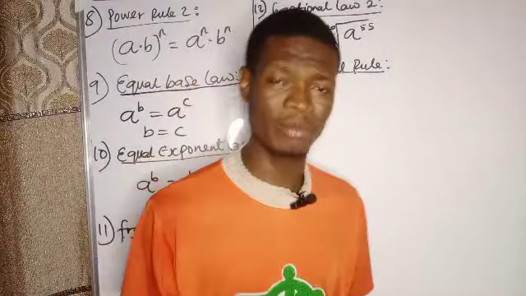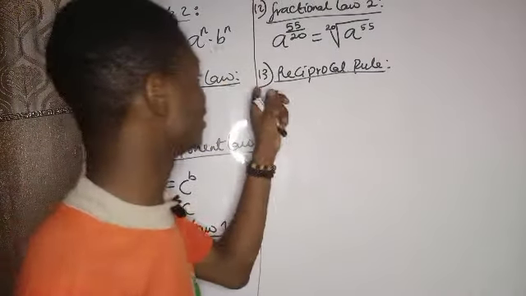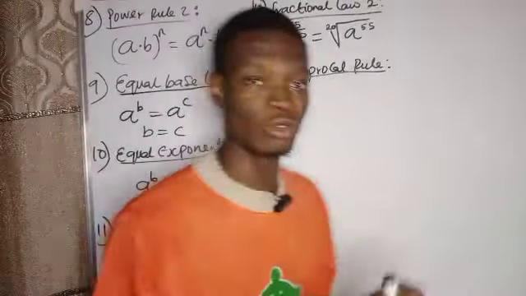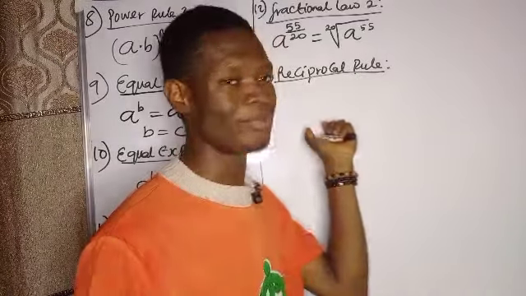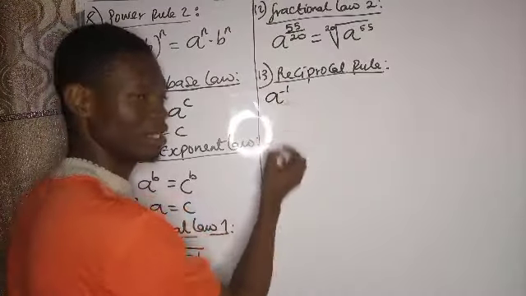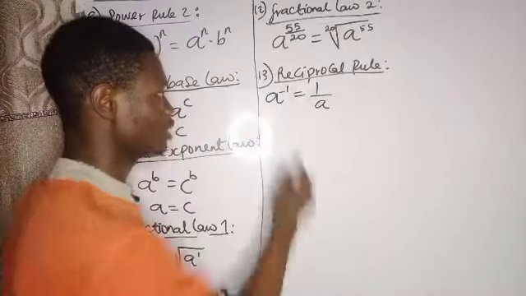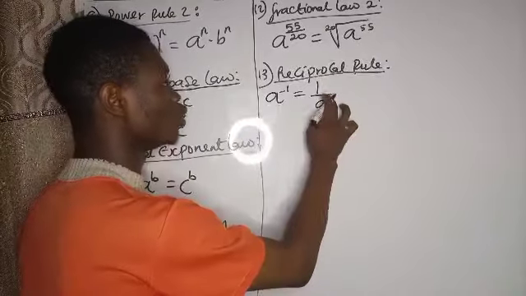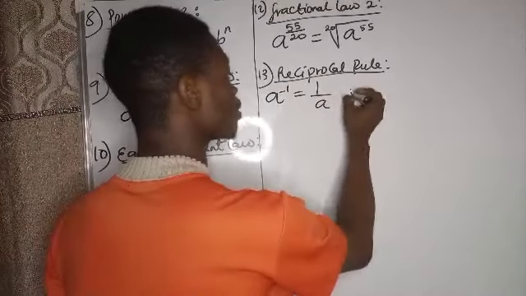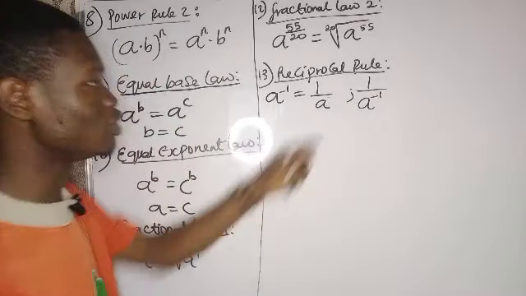I know that the reciprocal of a number is when the product of two numbers gives us one. I derived this reciprocal rule from negative indices. In negative indices, the inverse of a is equal to 1 all over a. You know that one raised to the power of 1 is 1. So if you have 1 all over a raised to the power of -1, this will lead us to